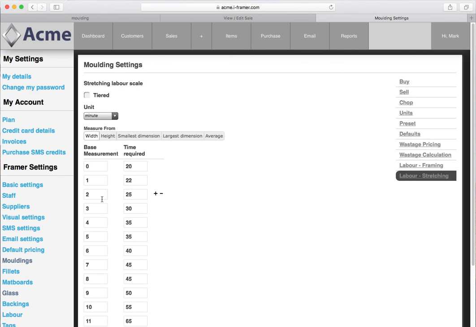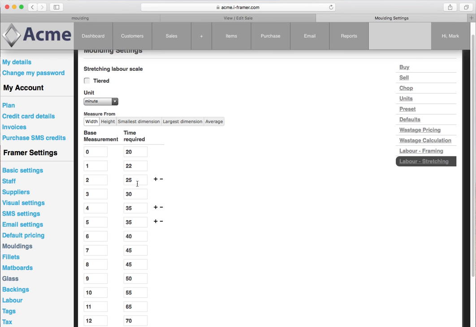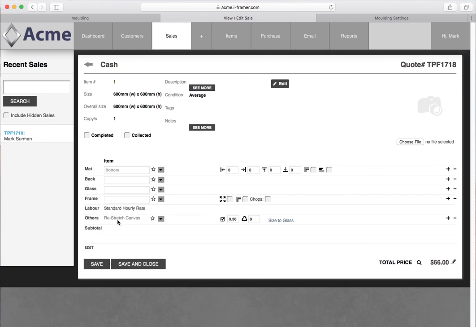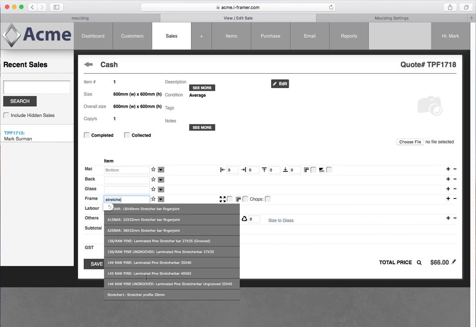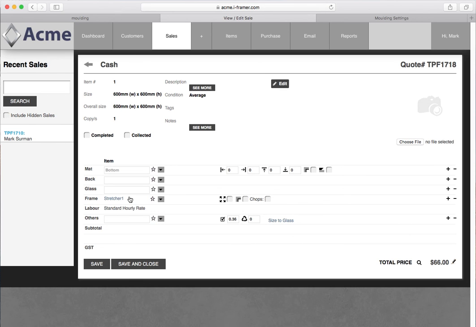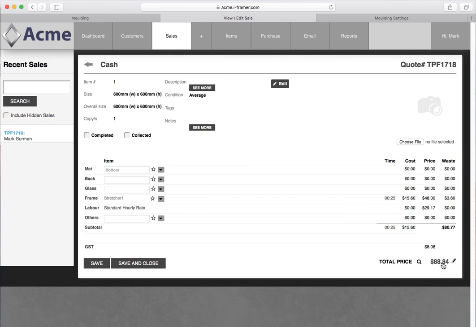Have a look at our labour stretching. So in here we've got a whole range of times allocated. Okay, so let's go back to here. Let's get rid of this one we did before, and now let's put in stretch. Stretcher 1. You may want to make it something that's quick and easy to find. Click our stretch button and click save. So you can see there's our cost, $15, our markup, and any extra labour